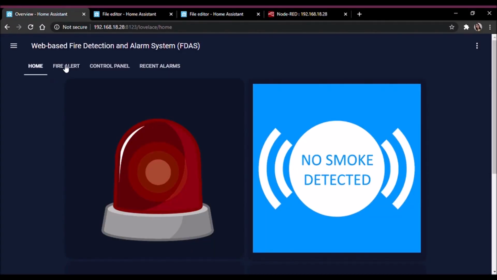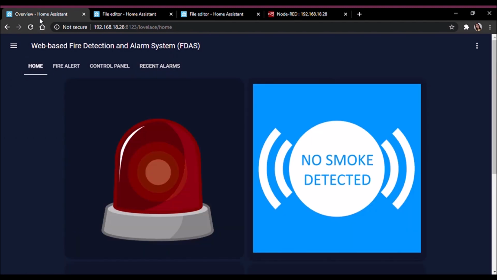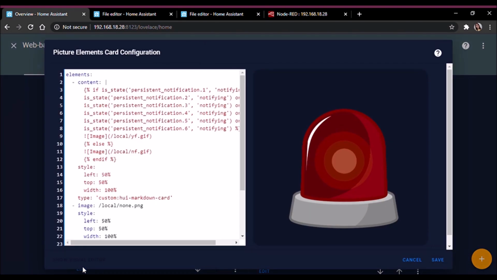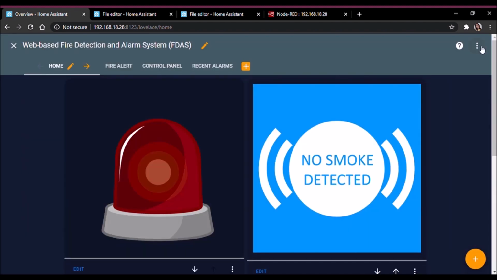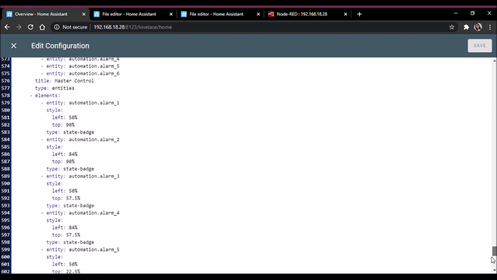The web application is programmed in Home Assistant's Lovelace UI using the YAML programming language. The YAML programming language is commonly used for configuration files and in applications where data is being stored or transmitted. The Lovelace UI raw configuration editor is edited using YAML to create the 4 pages of the web application with